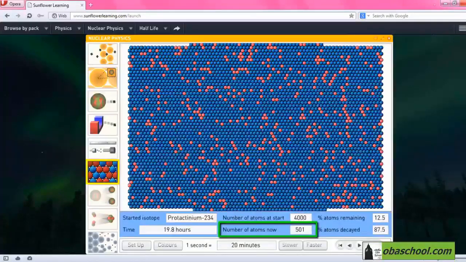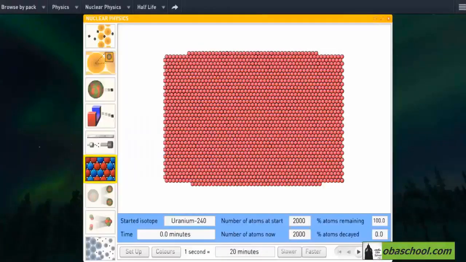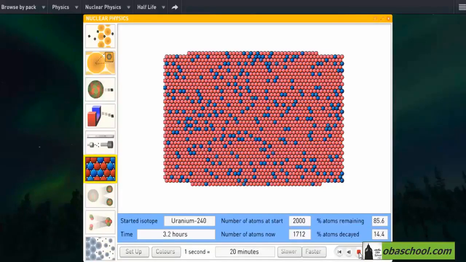Now let's see another isotope, uranium-240. At T equals 0 minutes, the number of atoms at start is 2000. So let's play the simulation to see how the number is decreasing after 5 hours. As you can see, after 5 hours, the number of atoms is 1500,